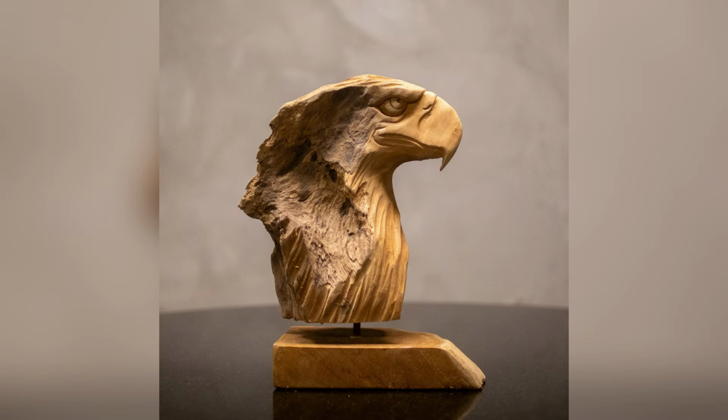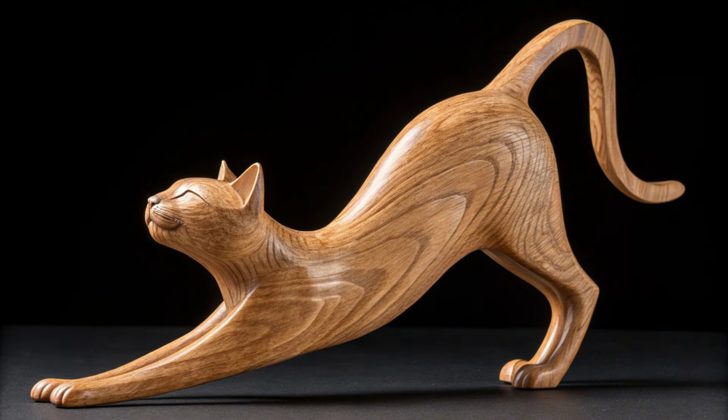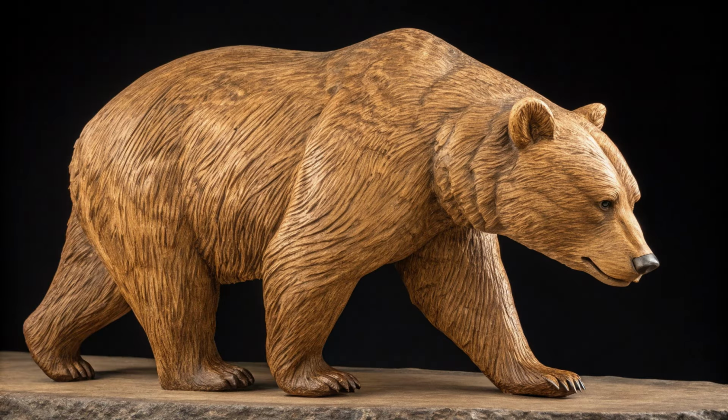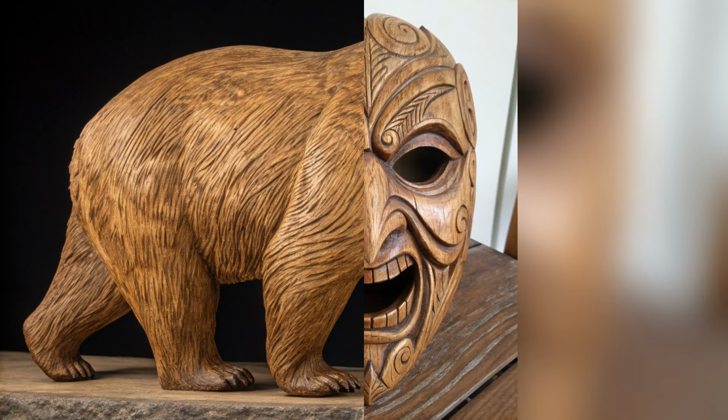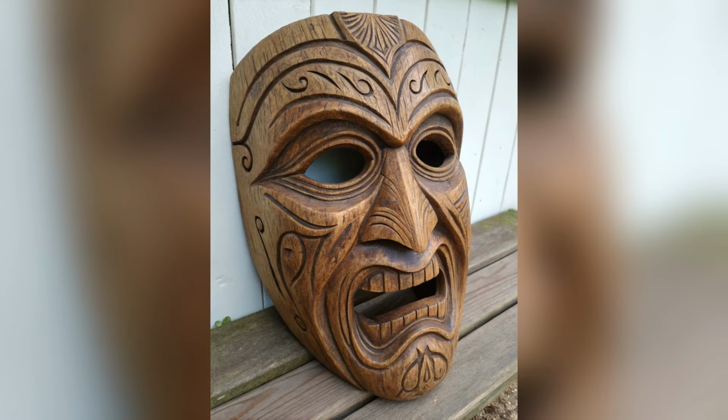There's something truly captivating about the art of wood carving. It's one of those crafts that effortlessly bridges the past and present, tradition and innovation, simplicity and complexity. Unique wood carving designs in particular have a way of standing out not just for their beauty, but for the stories they tell and the emotions they evoke. When you see a truly original carving, something that feels personal and intentional, it's not just a decorative object anymore,